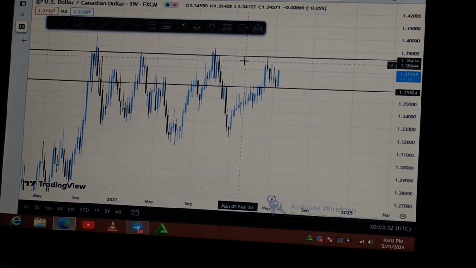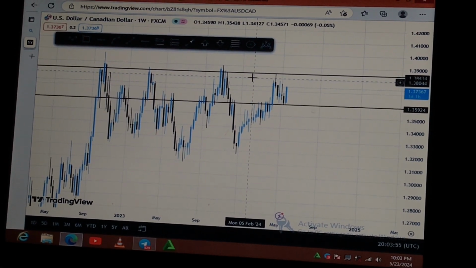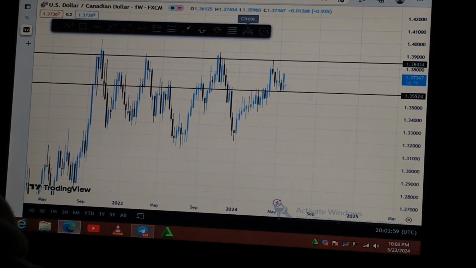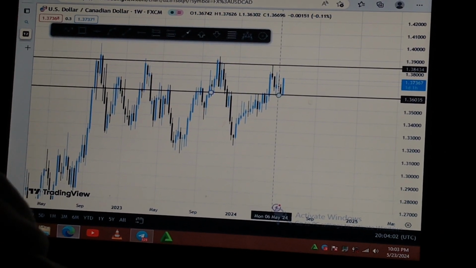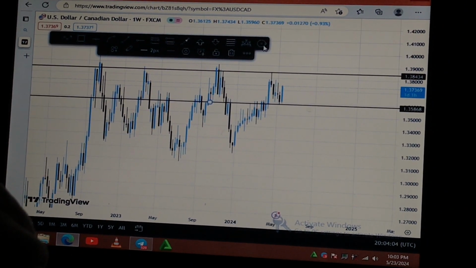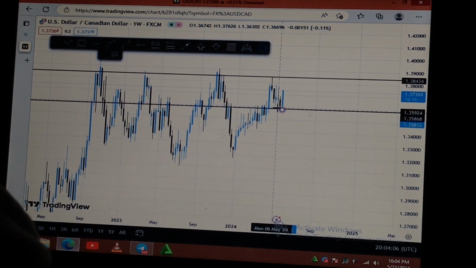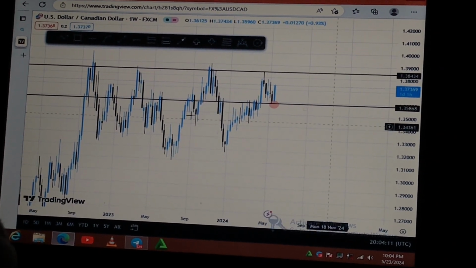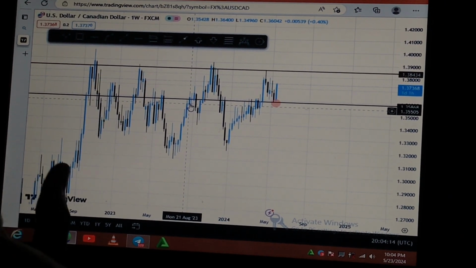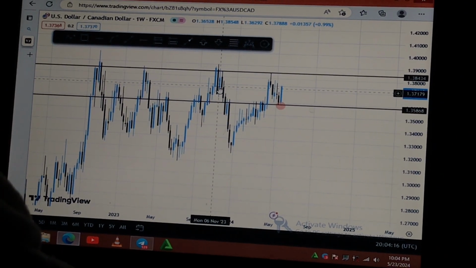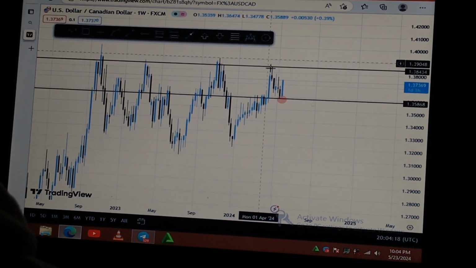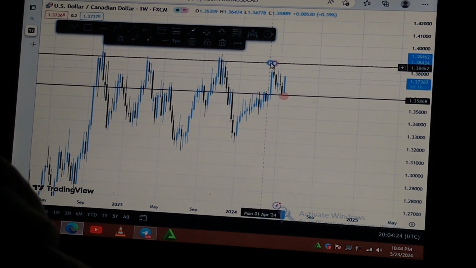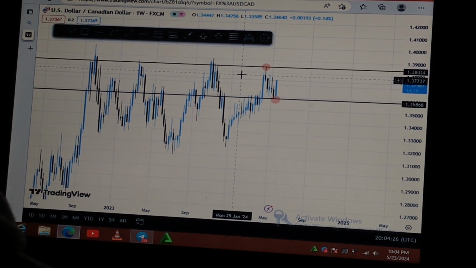So these horizontal lines now will act as your support and resistance, because as you can see, the market came back here and then rejected. This is a pure rejection. As you can see, it rejected. So this whole horizontal line now acts as your support level, resistance level. And then this one, as you can see, another rejection, it came back up and then rejected. So this now acts as your